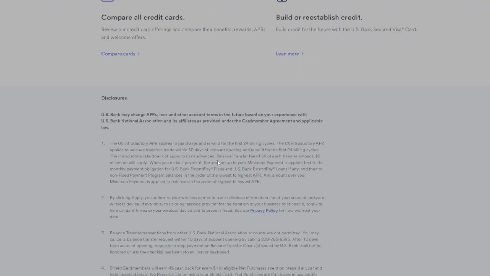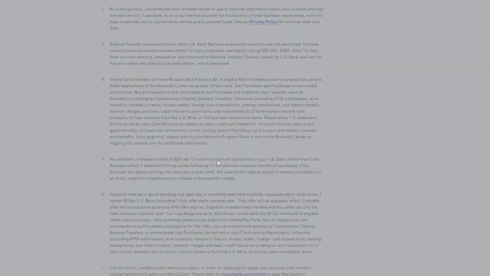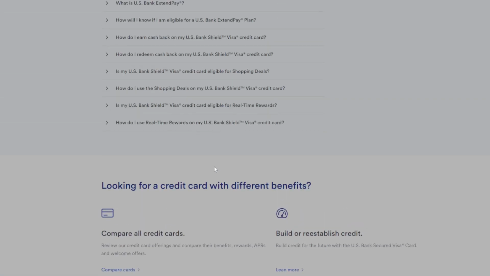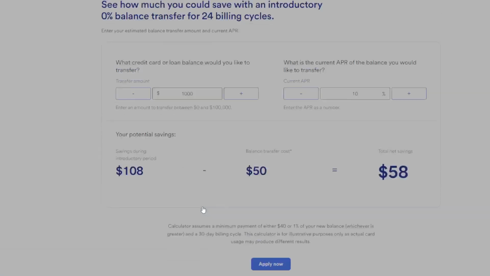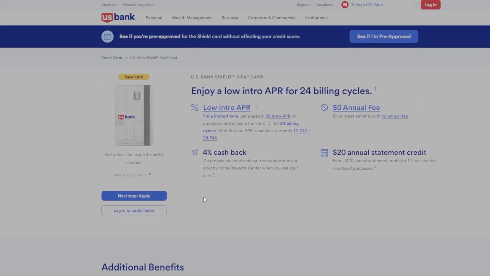On this page, take a moment to read through the key features like the introductory APR period and other terms. Once you're ready, click the Apply Now button. This will bring you to the application form. Now, the application will ask for basic personal details: your full name, address, phone number, and social security number. You also need to provide your employment and income information, as well as your housing situation and monthly rent or